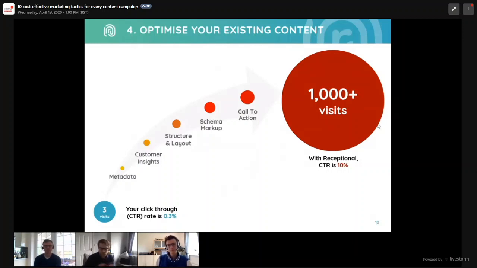So we go back and look at which content has the most potential. And with that, we look at the metadata. We use our customer insights to inform better written copy. We look at the structure and layout of that content. Often we implement schema markup because that can help with certain types of content. And we always make sure there's a really strong call to action on the content as well. So if we do land traffic, you're not just entertaining a reader, you're actually giving them something to do afterwards that hopefully will lead in a